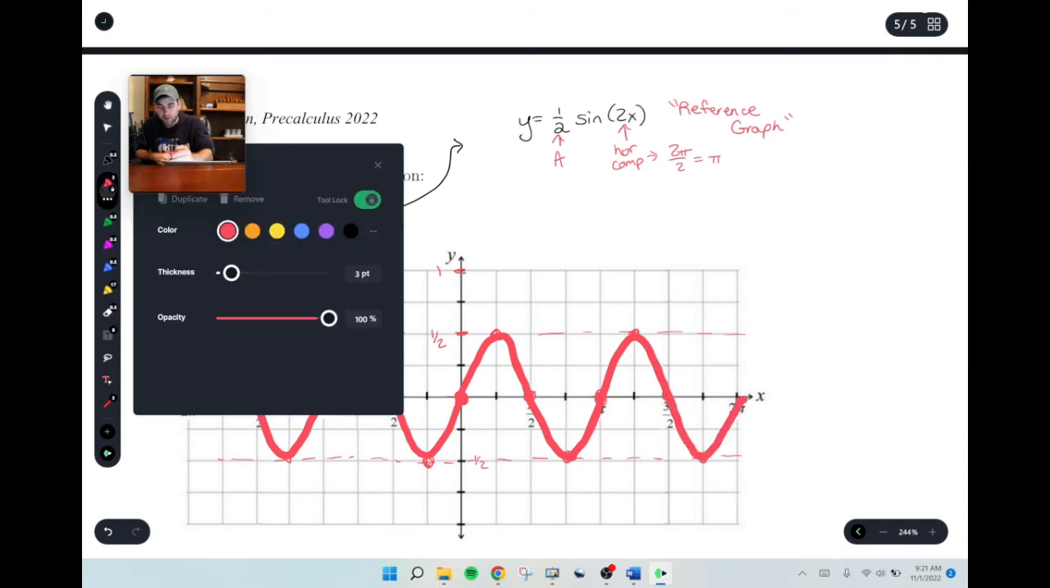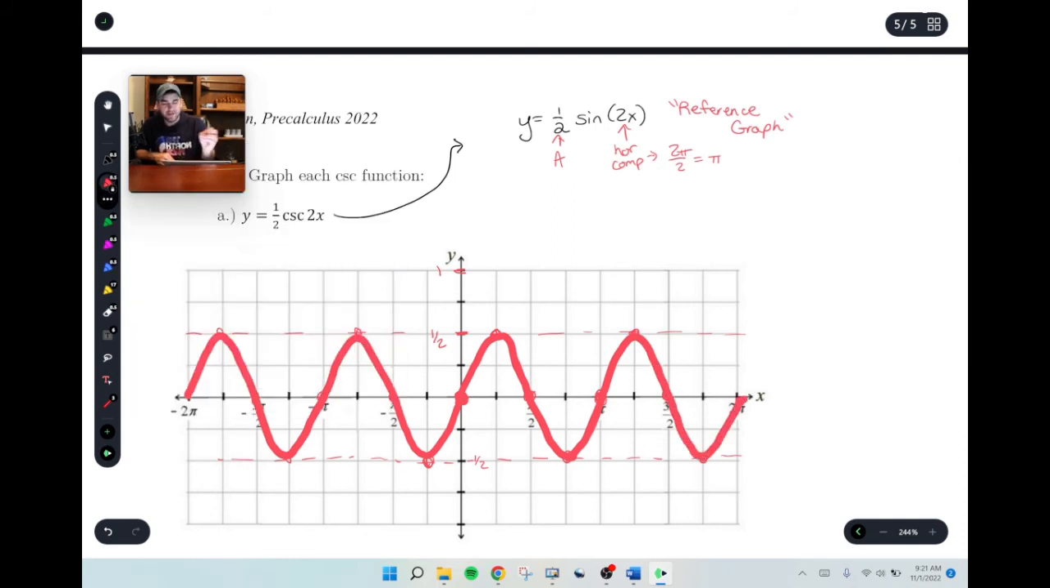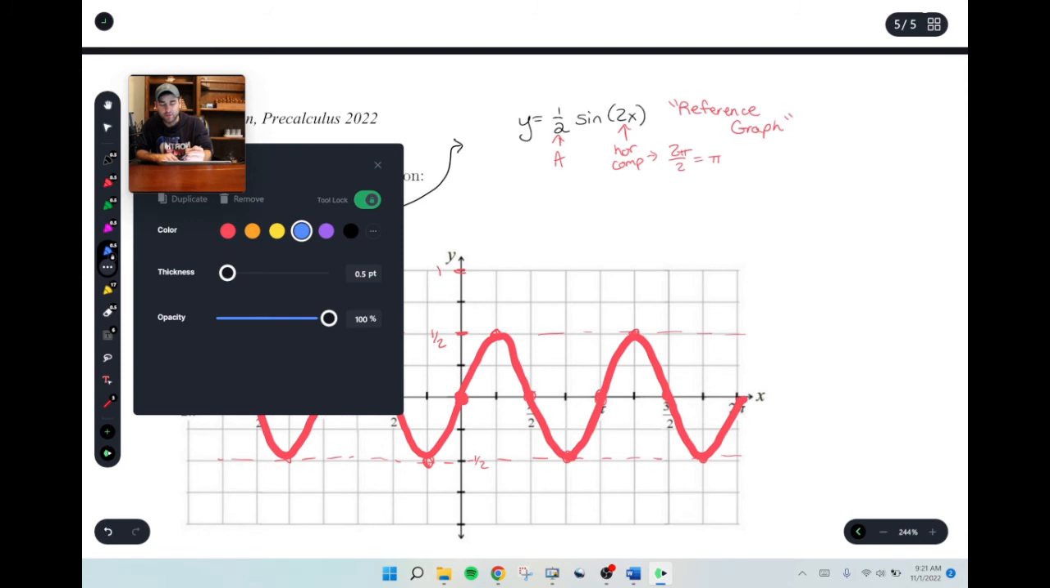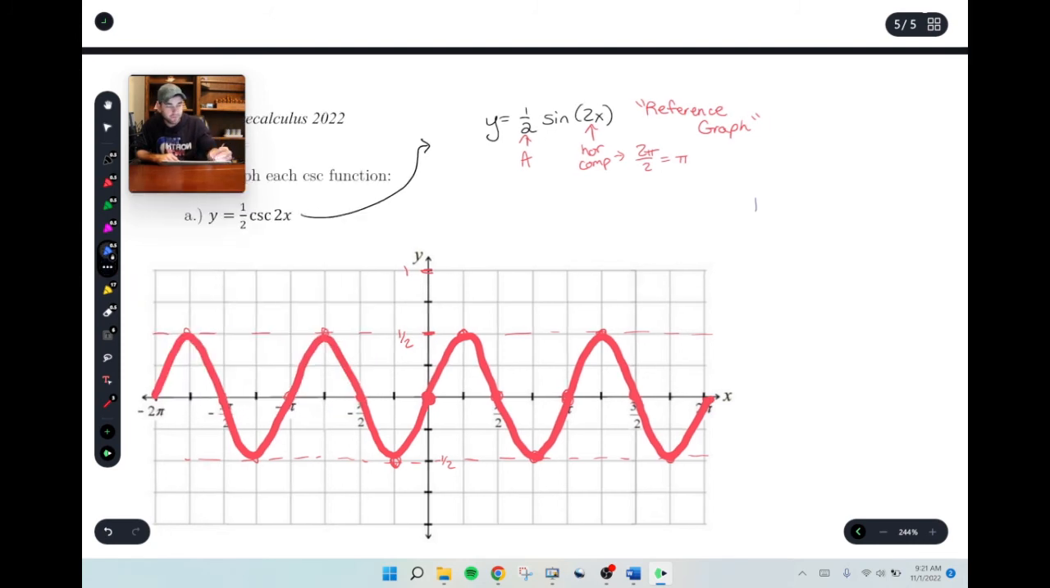Okay, here we go. So that's the red graph. That's our reference graph. That's going to help us. So now what I'm going to do is step 1. I'll use blue since we've been using blue for asymptotes this whole day. Step 1: put an asymptote